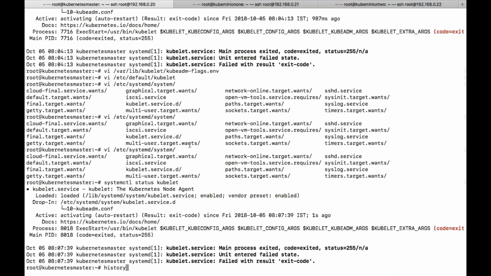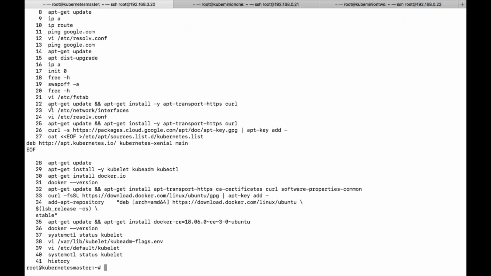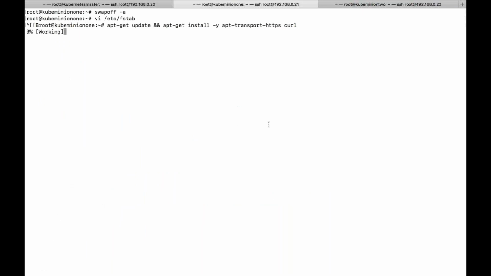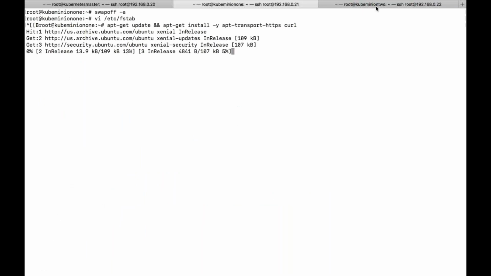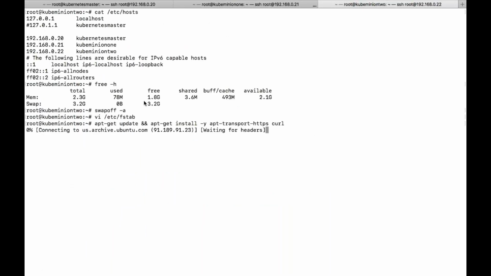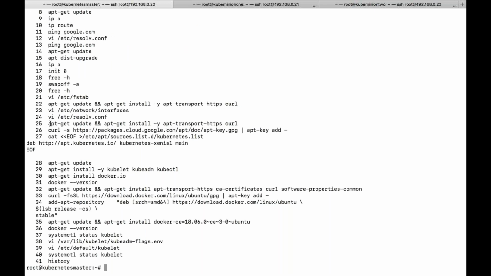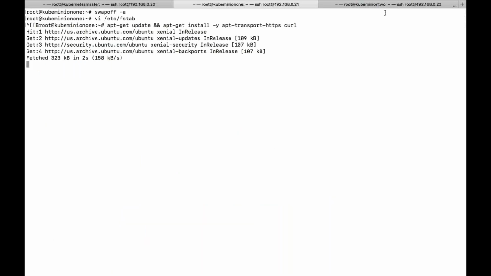You have disabled it. Just execute this command on all the nodes. After that, execute this command.